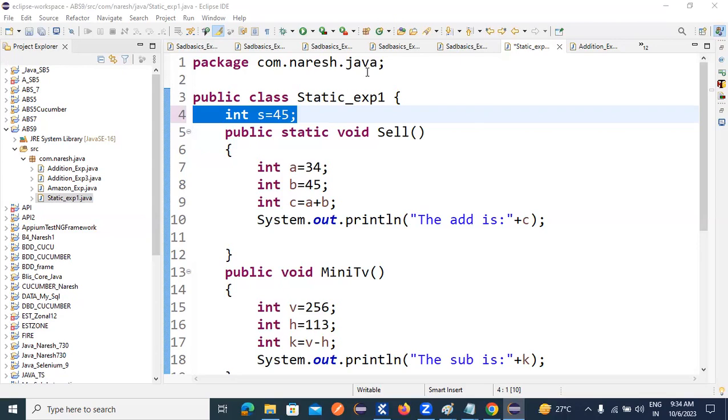There are different types. First one, local variable. Second one, instance variable. Third one,